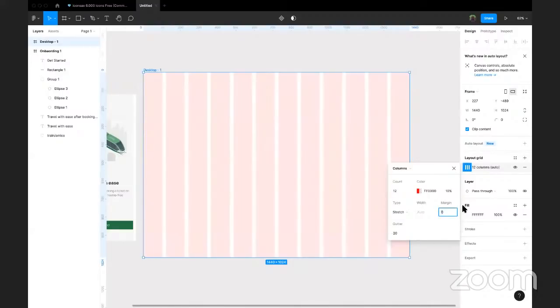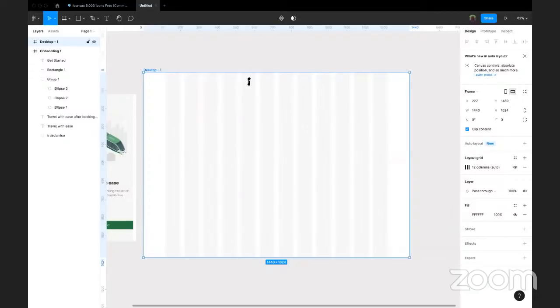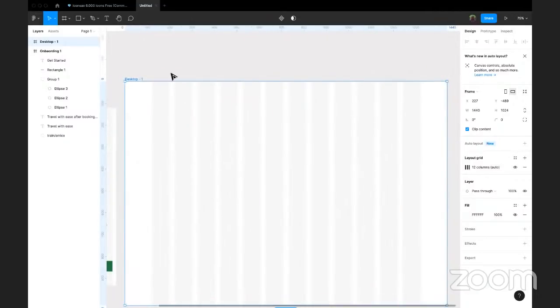So I'm just going to put in 120 here, then click enter. For the gutter, I can leave it at 20. I can set it to 16 or 24. Let me leave it at 24. Yeah. So remember, multiples of eight. So it's not distracting, so close it. So there you go. You can start designing your